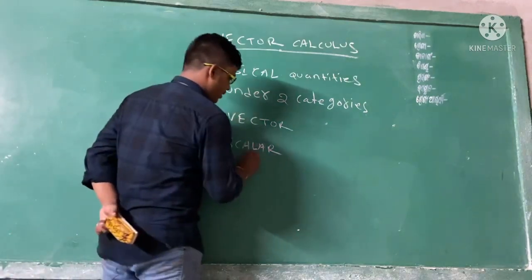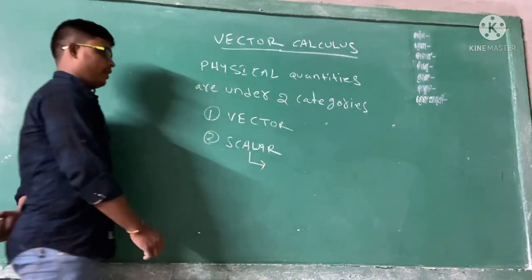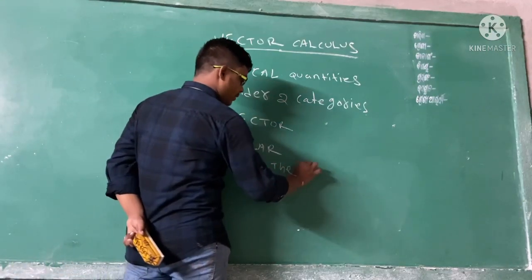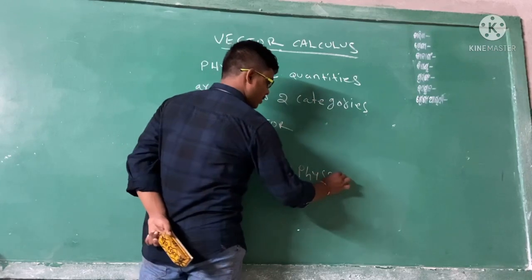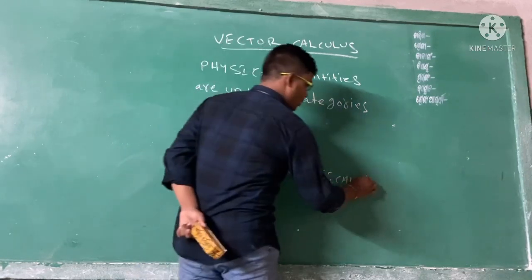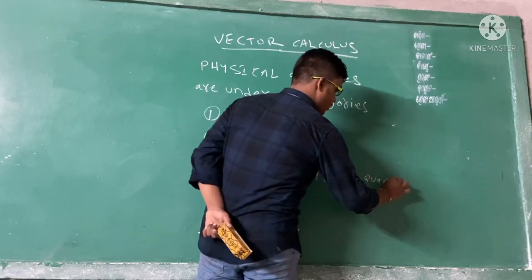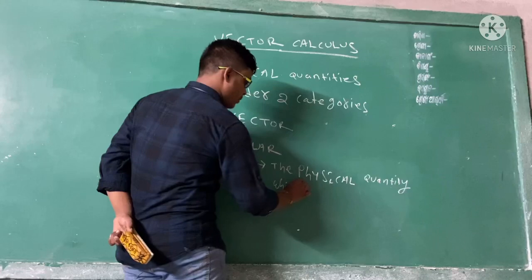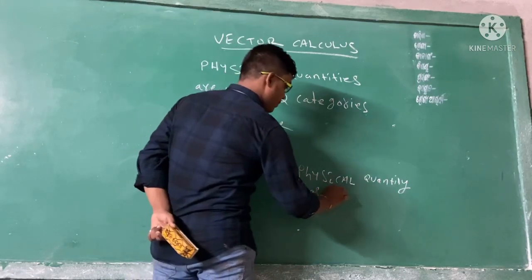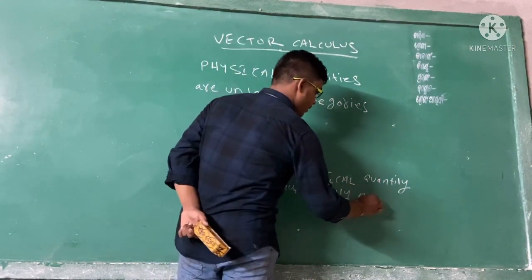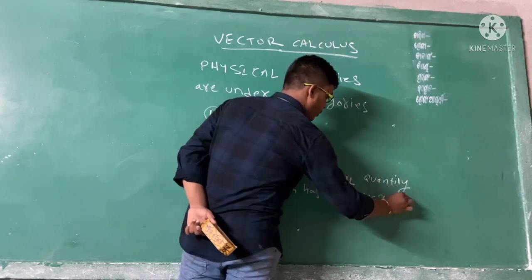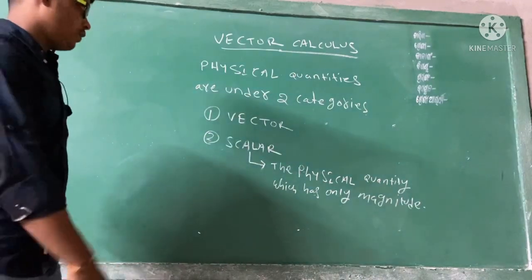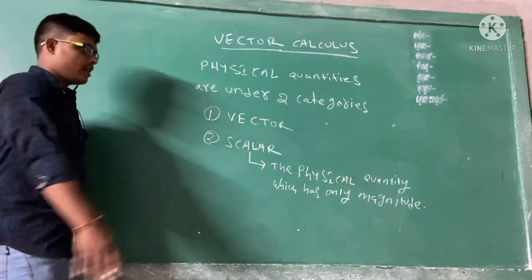So these are the vector and scalar quantities. Which quantities do we call scalar? The quantities which have only magnitude, no direction. The physical quantity which has only magnitude, there is no direction. So what is the meaning that it has magnitude, it has no direction? That is important. The theory is that the physical quantity which has a magnitude only and no direction, we call it a scalar quantity, like your mass or your speed or your time.